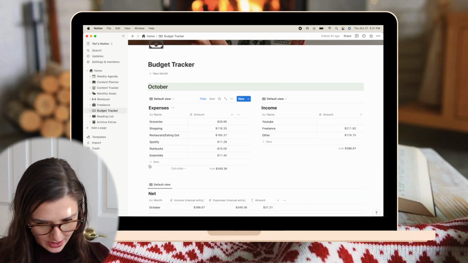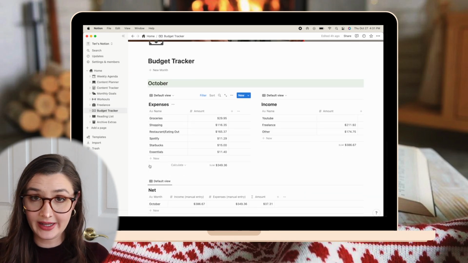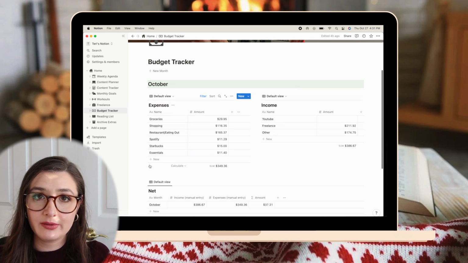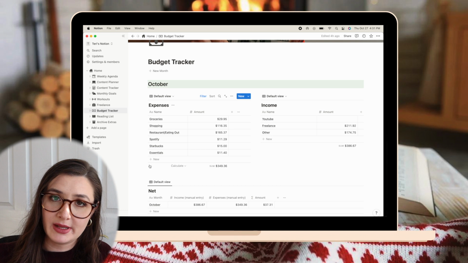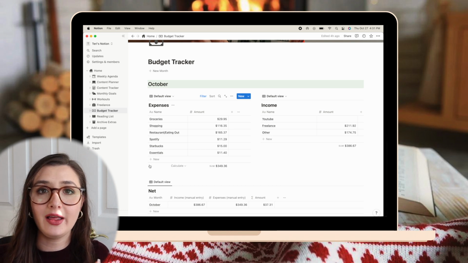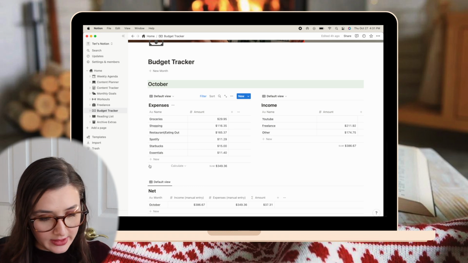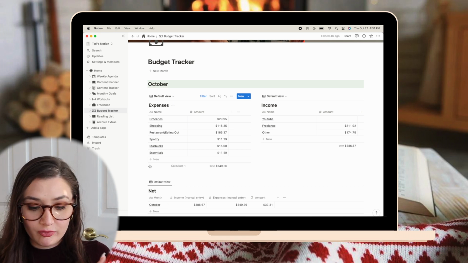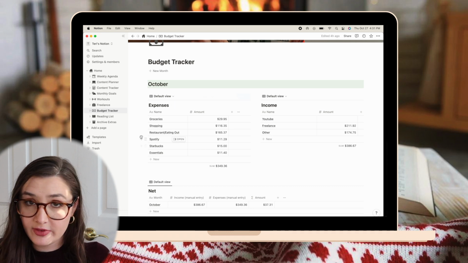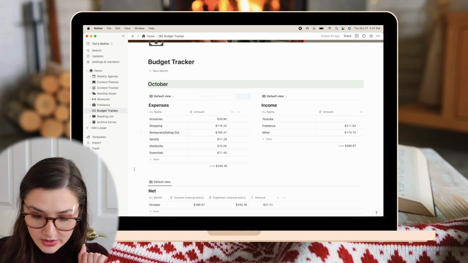Next up, budget tracker. This I filled out, unlike last month. I'm lucky enough to be living with my parents. For now, all I really have are small grocery expenses, so personal groceries that I bought for me and the Halloween party and things like that. I included that. Some shopping, restaurants, and eating out that I did over the month, Spotify subscription, my Starbucks refill on my card. And so that was the total.